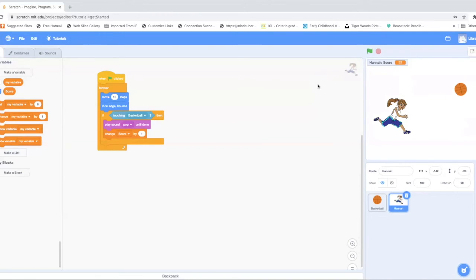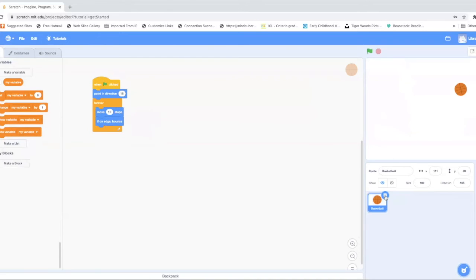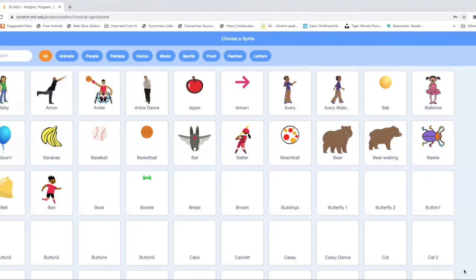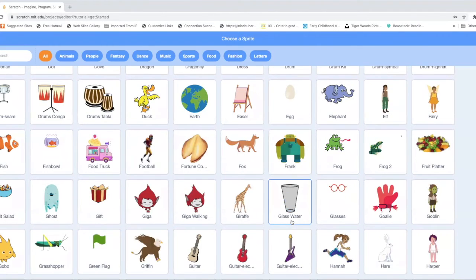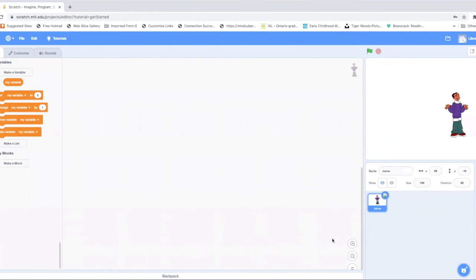Now let's explore a new sprite. So let's X off of these. Let's go down here to our sprite and choose a new one. Let's choose Jamie. Okay. Now they say it's referred to as costumes. It might not necessarily be a physical costume, but just movements. Jamie will do something different. So what we're going to do is